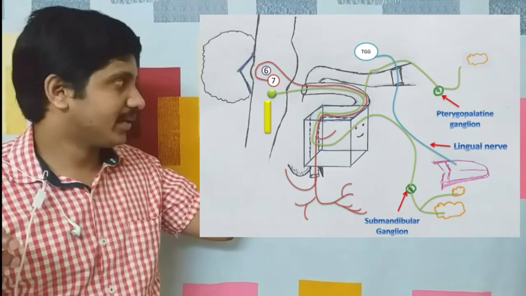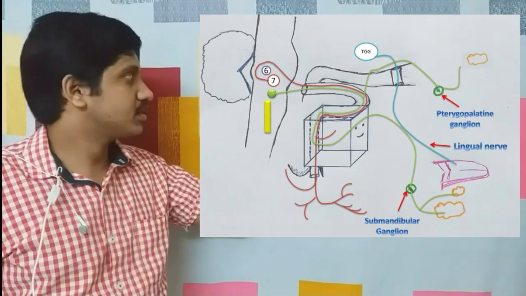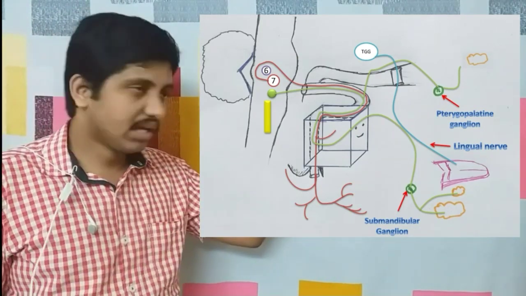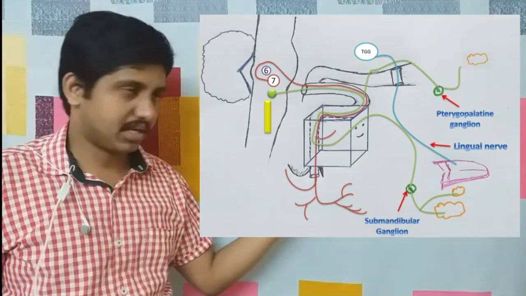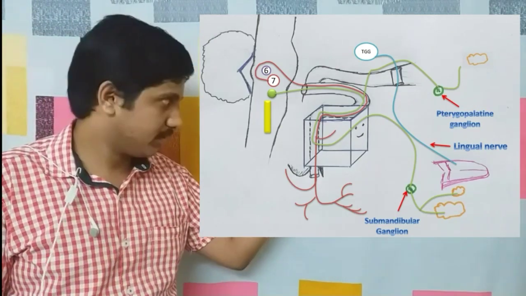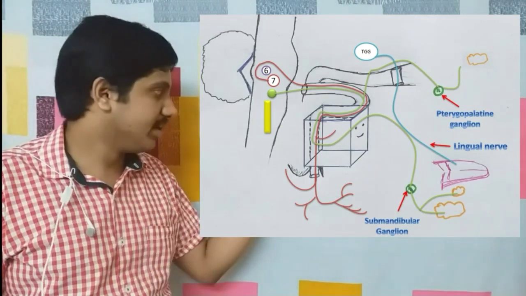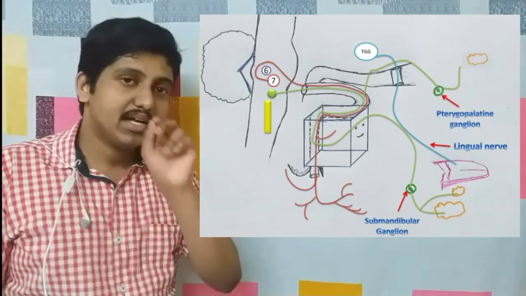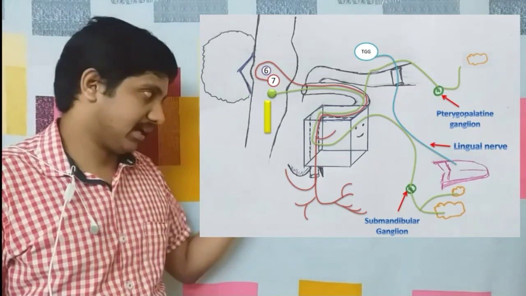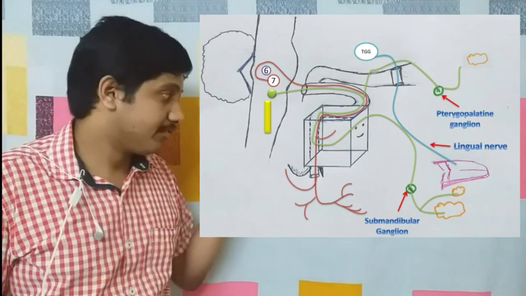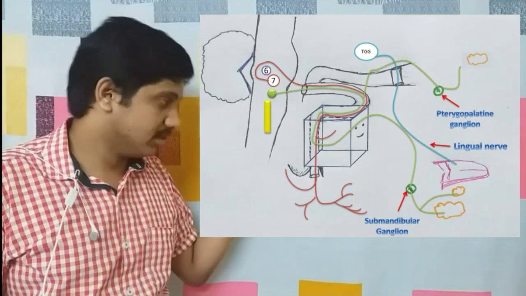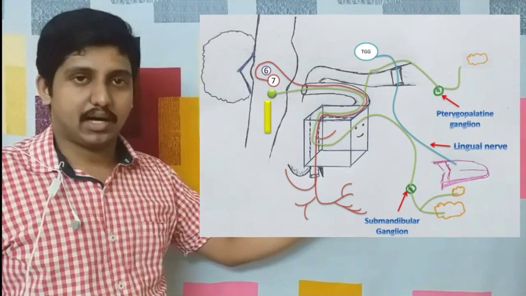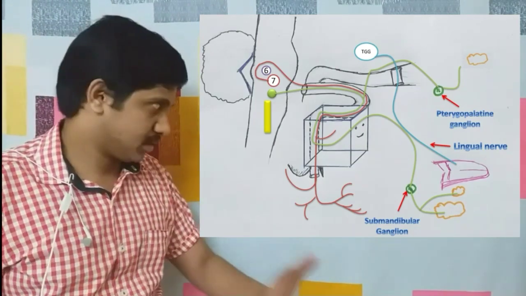Like that, our parasympathetic fibers, which were coming along with our facial nerve, then come as a part of the lingual nerve for some extent, and then go away from it, and then go into the next ganglion, that is the submandibular ganglion, and from that submandibular ganglion neural processes arise which supply the submandibular and sublingual glands respectively.